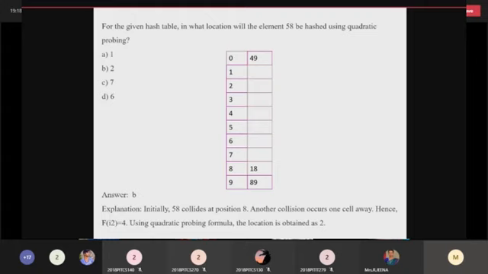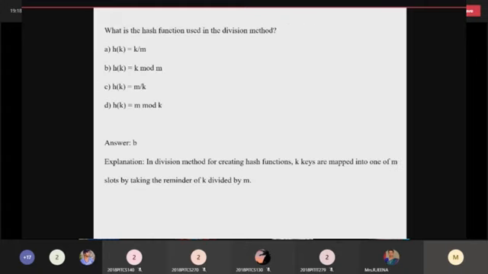Now try with 2 square, which is 4. 58 plus 4 is 62. 62 modulo table size, the remainder is 2. So the answer is index 2, which is option B.